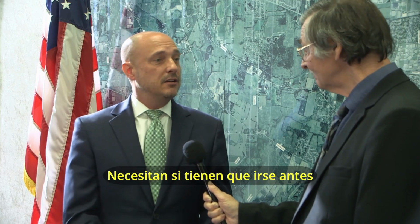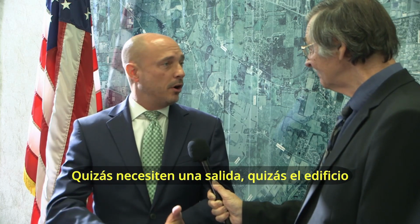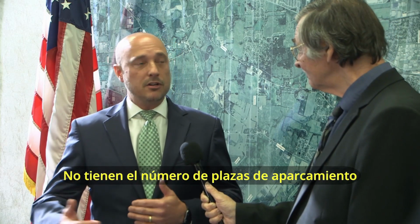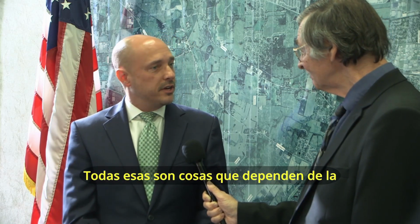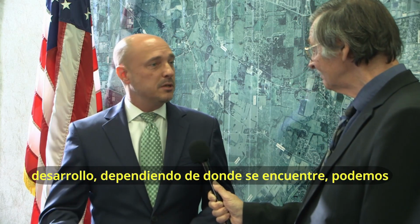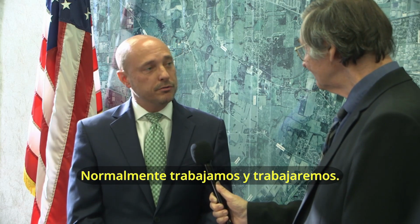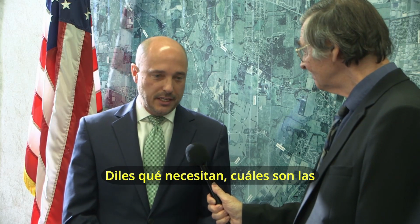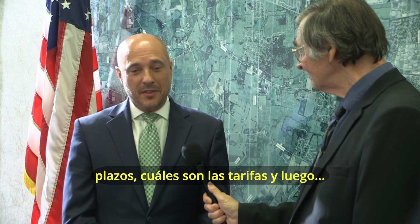What will they need if they have to go before the Planning and Zoning Commission? Maybe they need a departure. Maybe the building is proposed too close to a setback. Maybe they don't have the number of parking spaces that the zoning ordinance requires. Depending upon the development and where it's located, we can typically work through those things, and we will. So we'll walk them through that process. We'll tell them what they need, what the timelines are, what the fees are, and then it'll be up